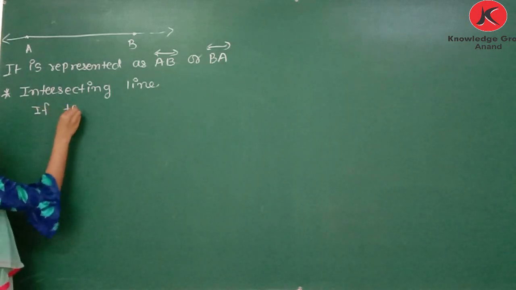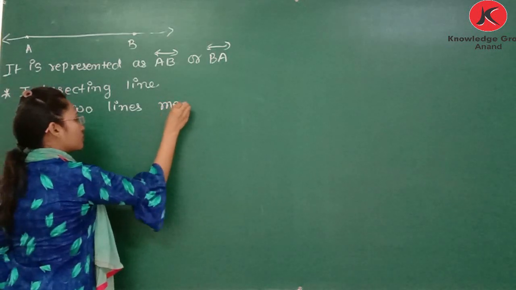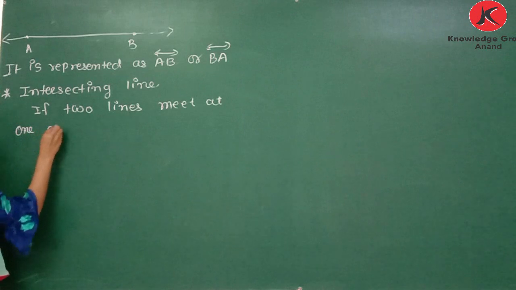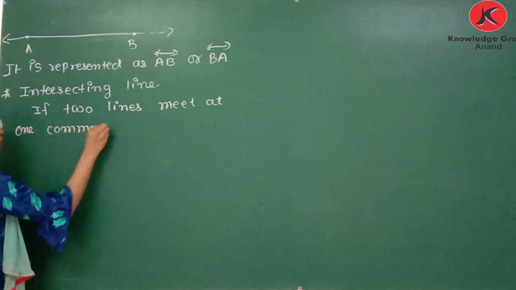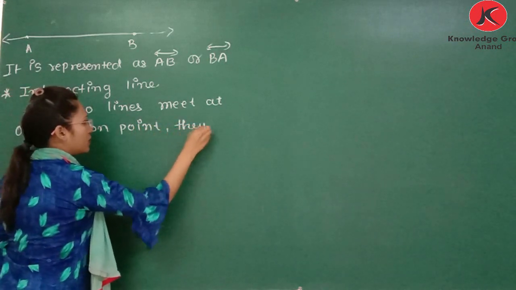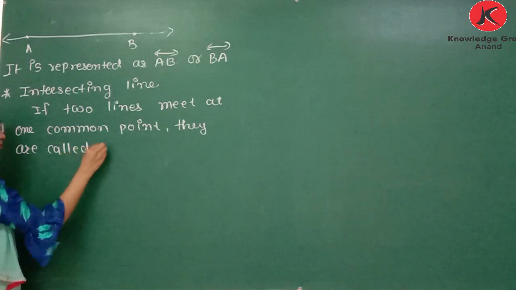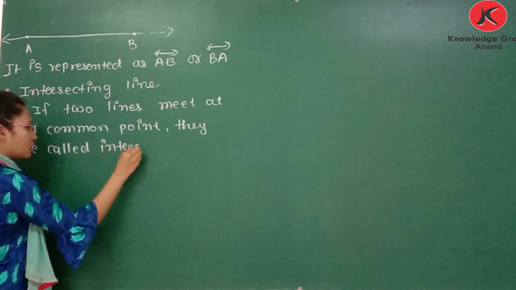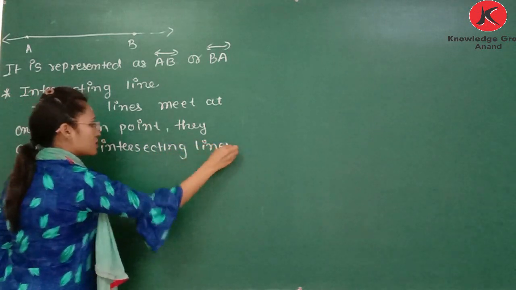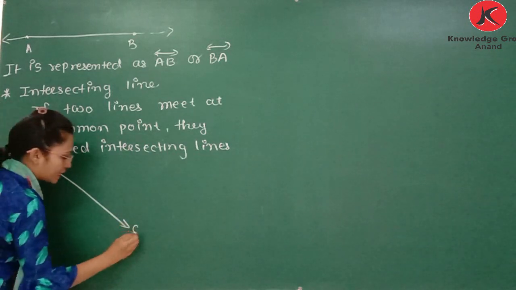If two lines meet at one common point, they are called intersecting lines. So if we draw this line, say L,